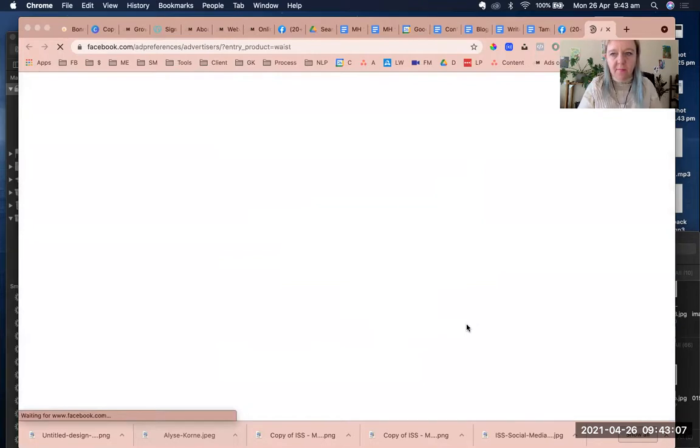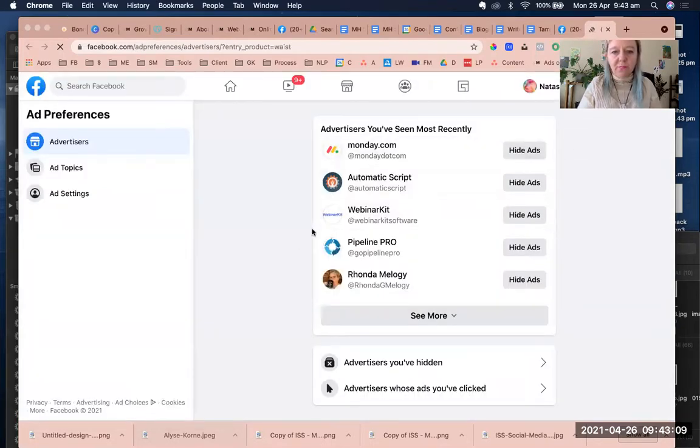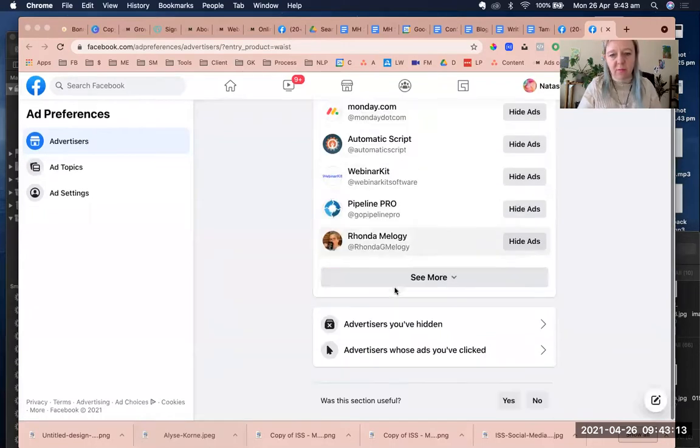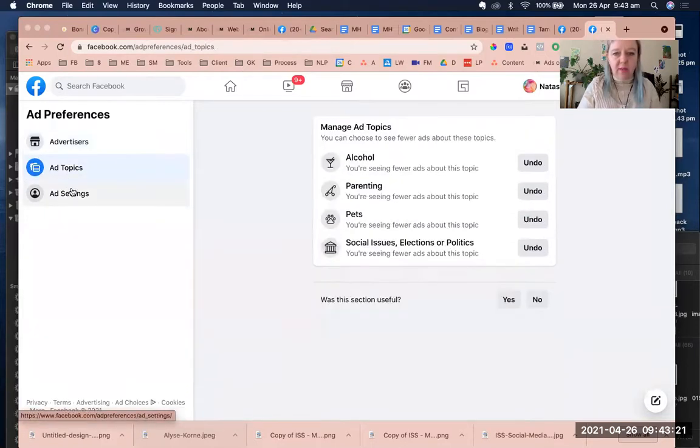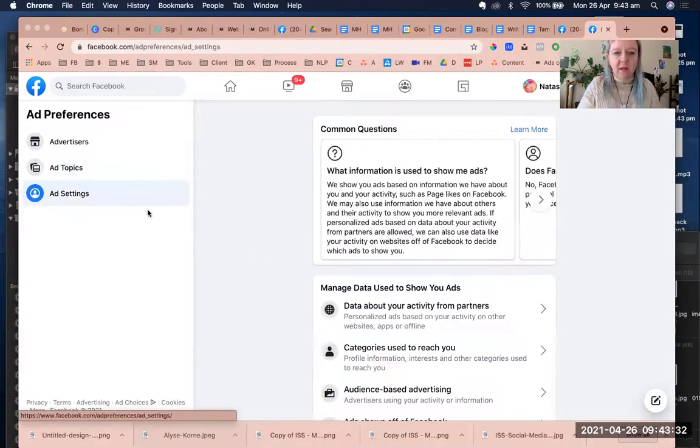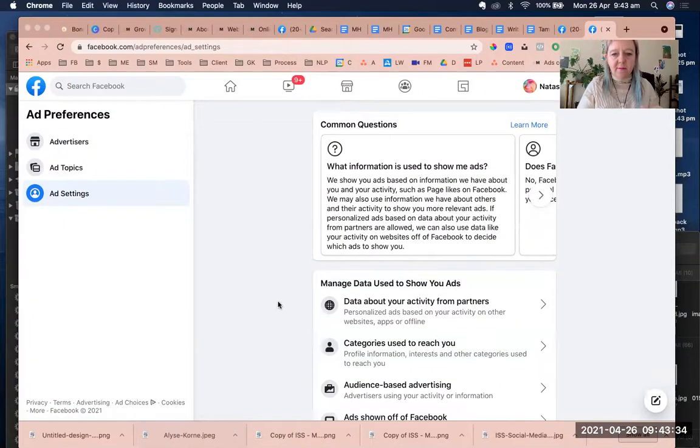You can go there and it opens in a new window. Now, these are the advertisers I've seen most recently, advertisers I've hidden and advertisers whose ads I've clicked. That's not it so much. It's probably either one of these two. Okay, manage ad topics. So I sort of red flagged these. I don't really want to see these ads. But this one, ad settings, and then